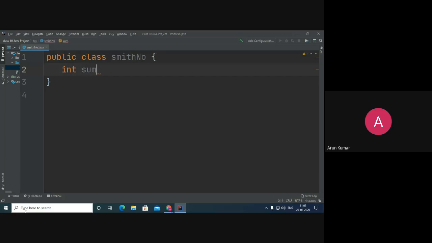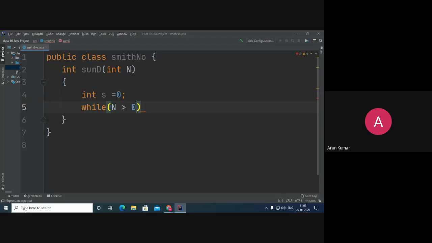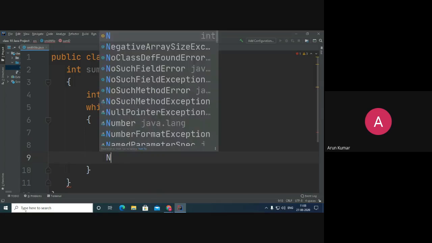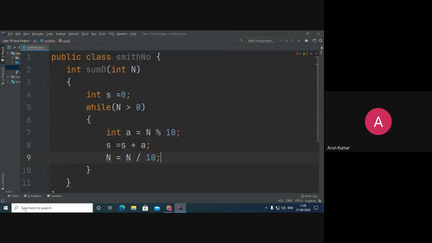Children, one function is needed for the sum of the digits. Here I have taken int s equals 0, and while n is more than 0, a is equal to n mod 10, then s is equal to s plus a, and after that n is equal to n upon 10 will happen.